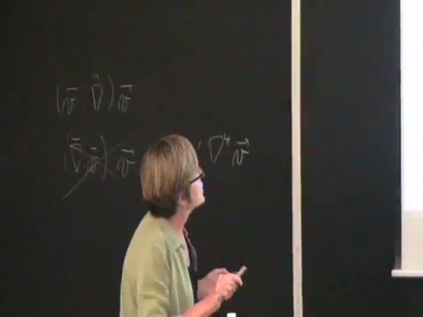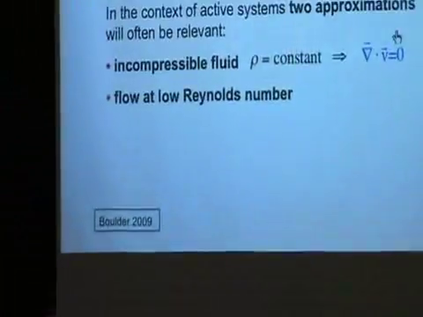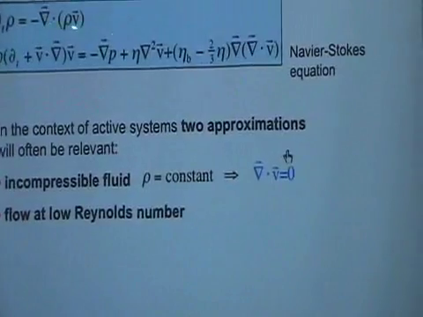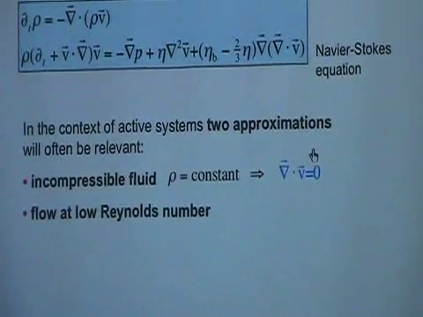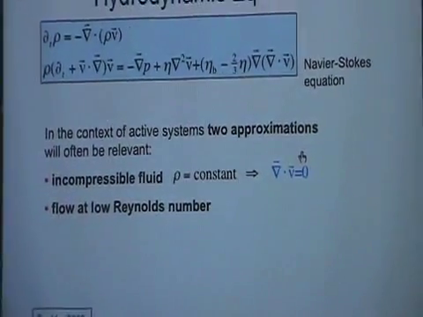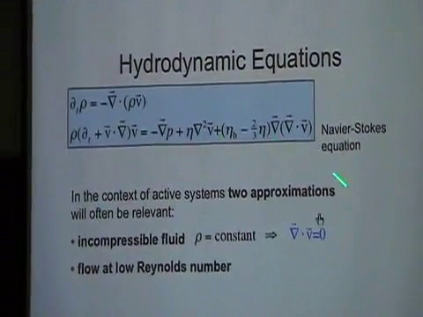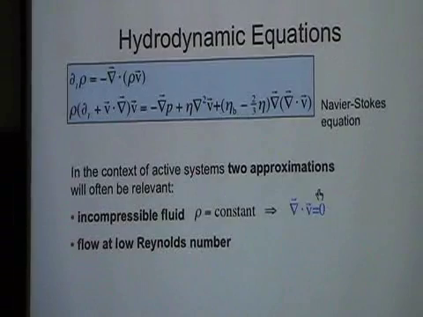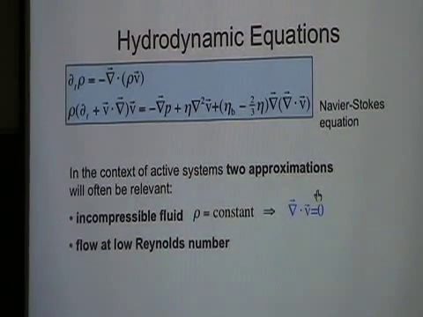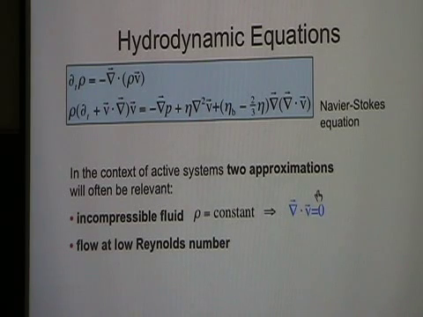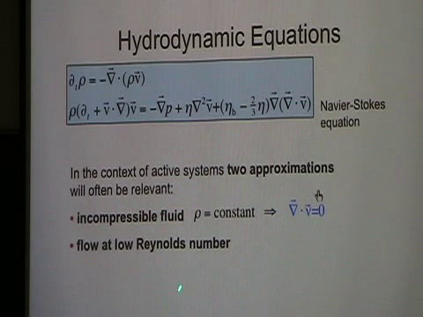So these equations can actually be written down just on the basis of symmetries and conservation laws. And as we know, they provide a very powerful description of the behavior of fluids. And so what I would like to do in the next lectures is show you how we do this now for a system which is out of equilibrium, systems like the suspension of bacteria or the cytoskeletal filament and motor protein system. Now, in the context of active systems, I'd just like to say one more thing.